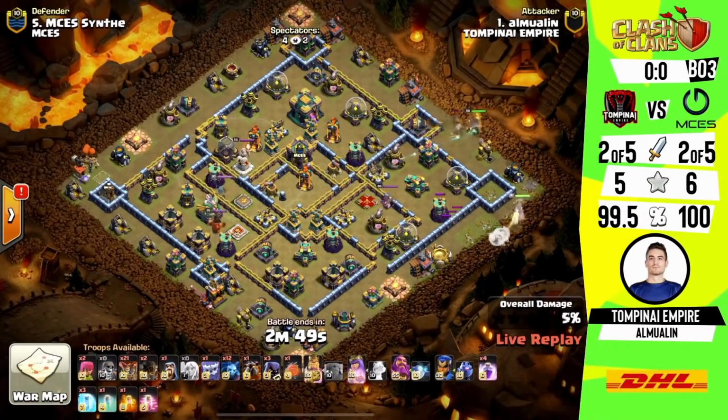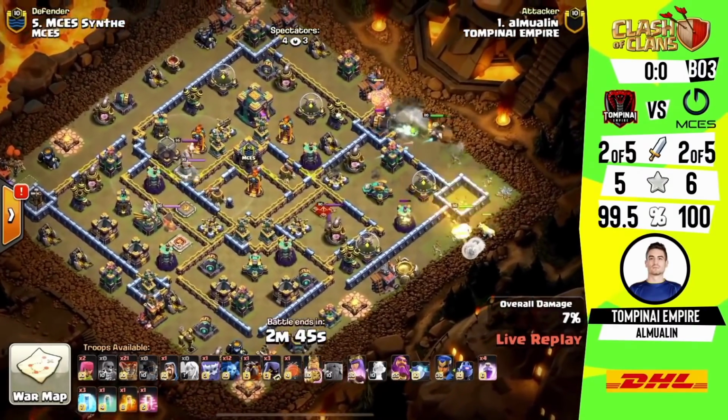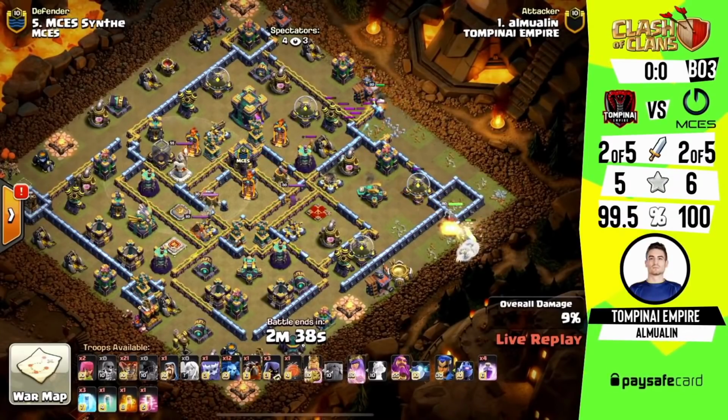Yeah, so we've got Amu Alin coming in with the Queen charge Lalo, and I'm noticing the blimp here, waiting to see how he decides to use it, if he wants to bring it in for this town hall compartment, since the Queen is on the opposite side of the base. But